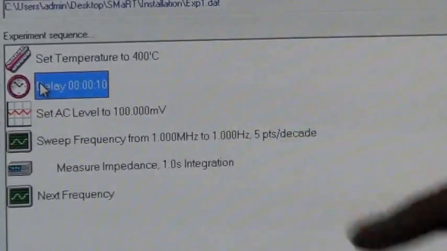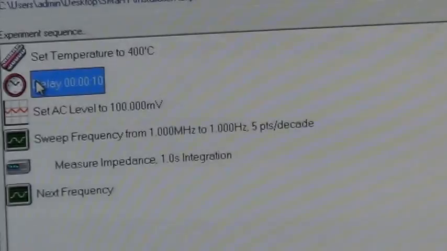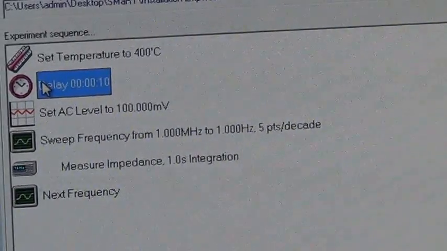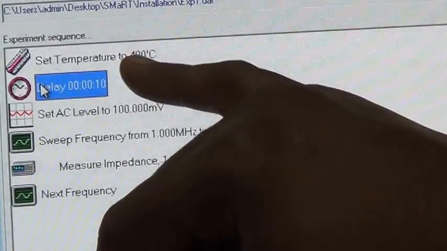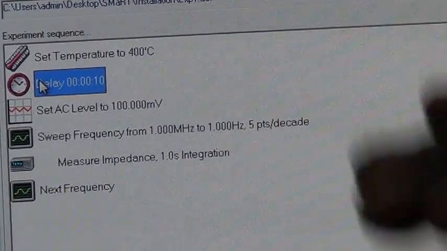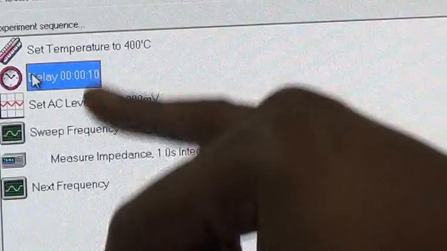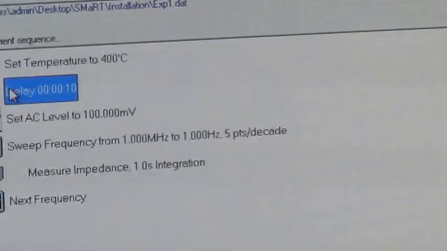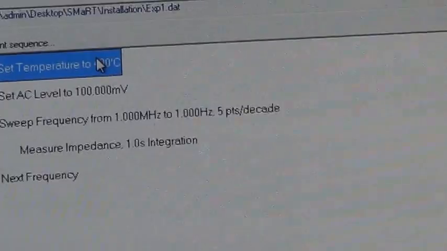But what happens is, once I set 400, immediately it shows 400 and it will start the measurement. But that will not be your original 400. So you can give some time delay here, so that even after reaching 400 degree, the PID will get stable for 10 minutes or 15 minutes, and then it starts the measurement. So you can introduce this delay here. Yes, this can be done. Or we can say holding time.